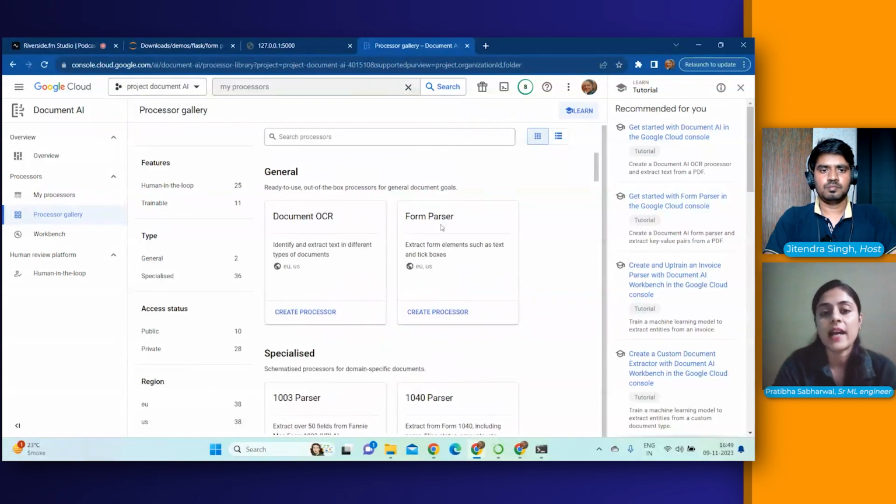So these were the processors which are available in Document AI, and you can check them out, their pricing and everything, and just use them in your applications. So in this particular one, we are using form parser. Okay, so let me just go back